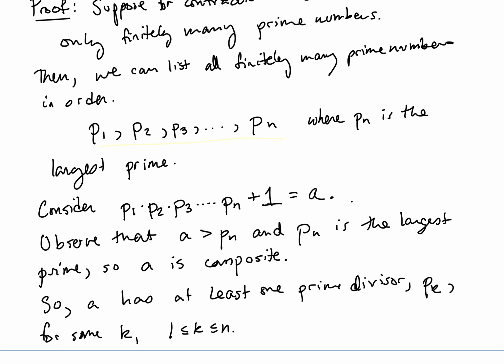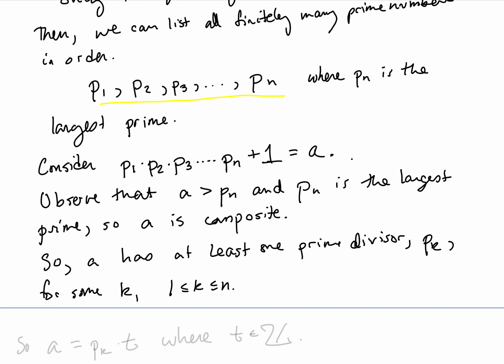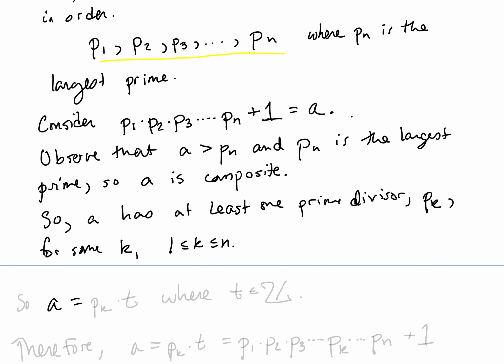So in other words, it was one of the prime numbers that we had up above. Okay, so if that's the case, a must be equal to pk times t, where t is an integer, because pk divides a,